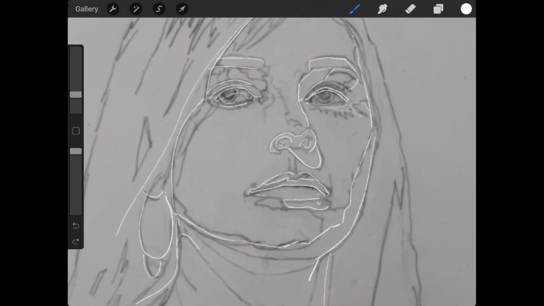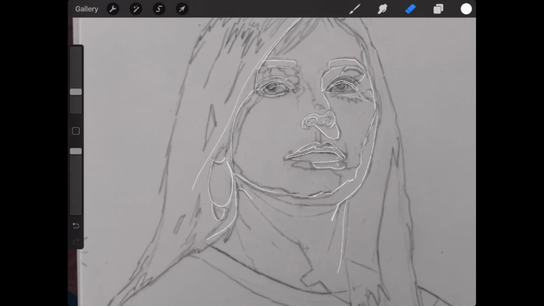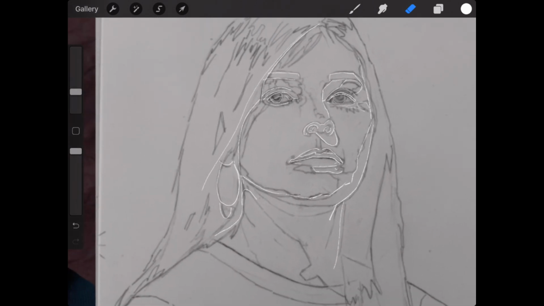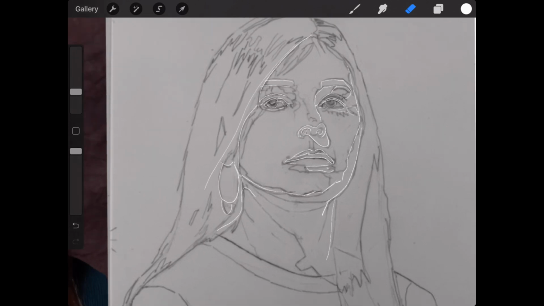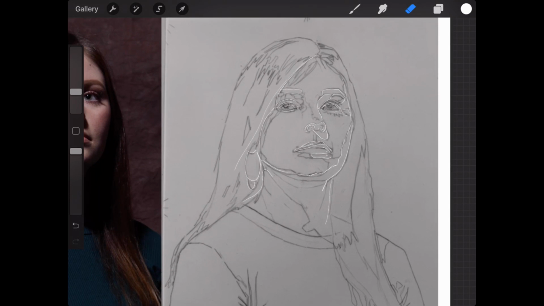I think the position of your nose, everything here seems good. Even in the mouth, I didn't see anything that was too far off. It's just that you want to simplify your drawing for the purpose of the transfer. This would be a lot of work to transfer, and you're just creating more work for yourself.